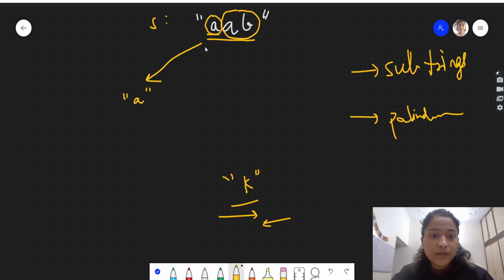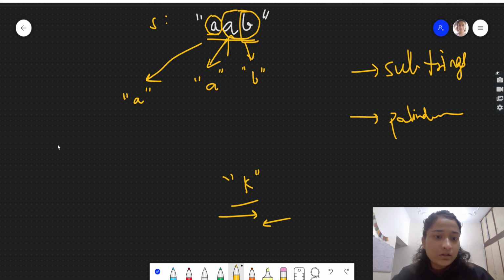So the remaining part is AB. Now we go on to this A, and this is also a single letter, so it can also be a palindrome. Now the remaining string is B, and B is also a single letter and a palindrome.